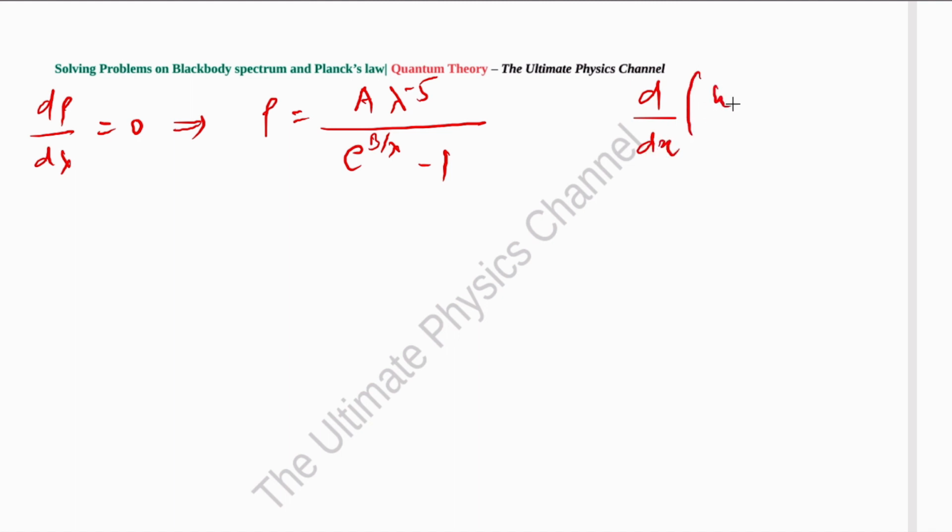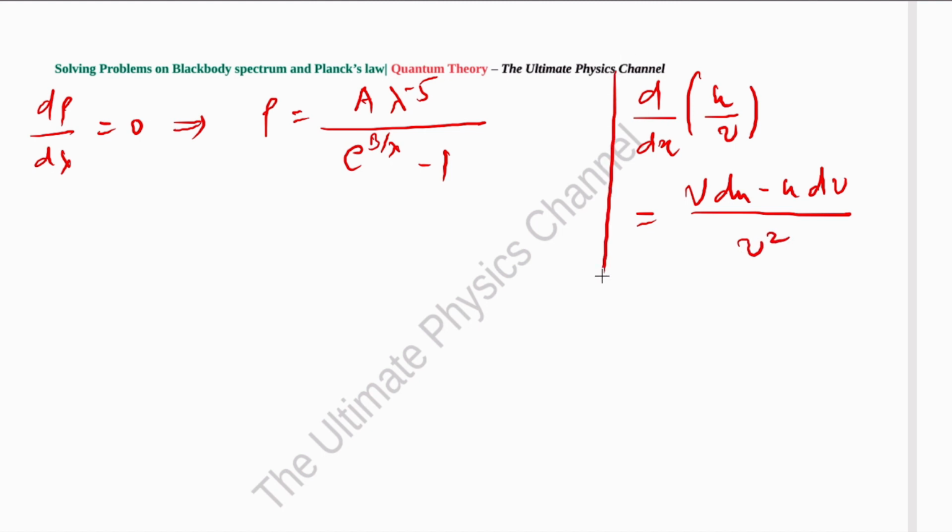That implies, if we do that, we have rho already as a lambda power minus 5 over e power b over lambda minus 1, right? This has to be now differentiated. We can use this formula simply, that is d over dx of u by v is equal to v times du minus u times dv over v square, right? This is the general formula for differentiation